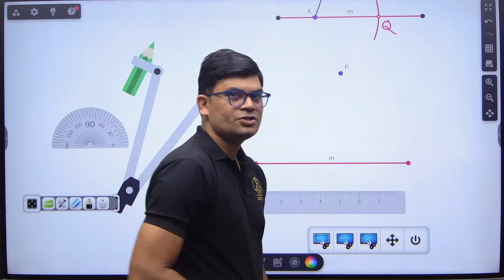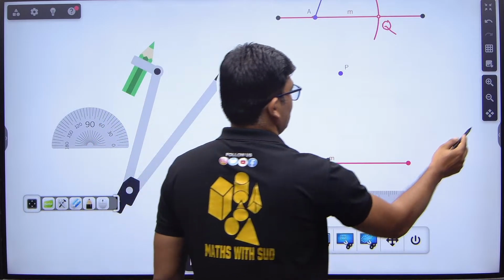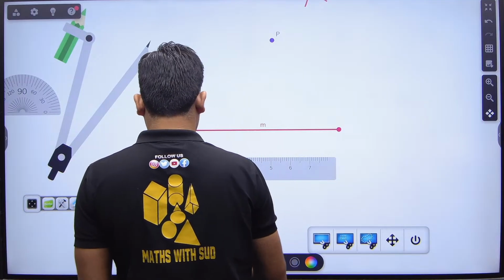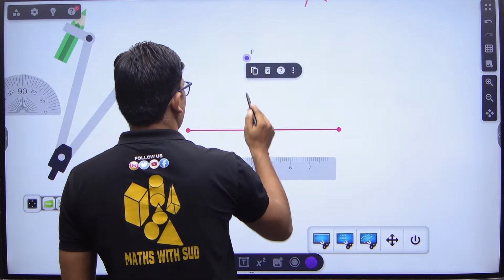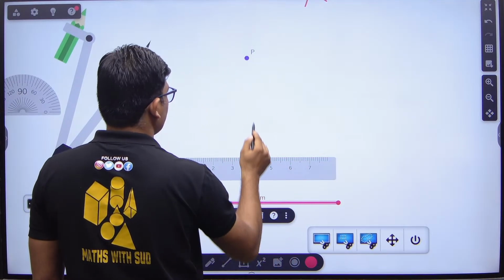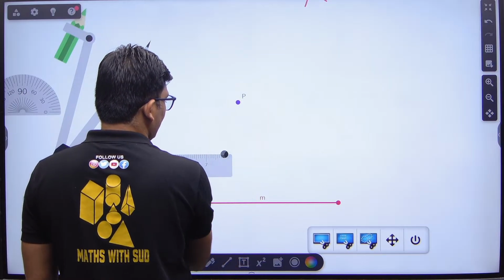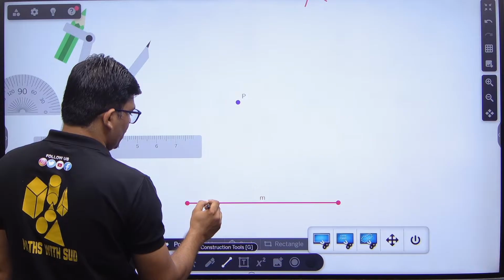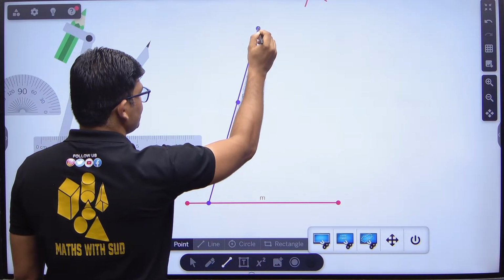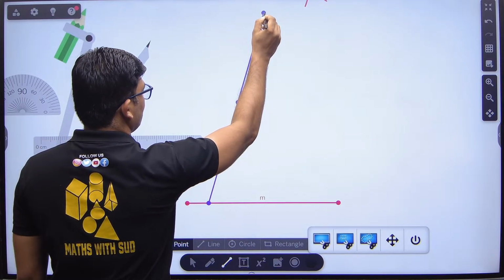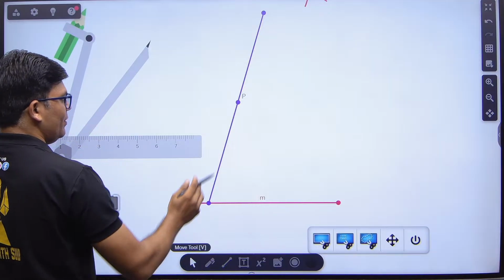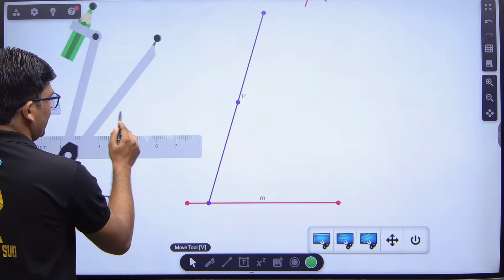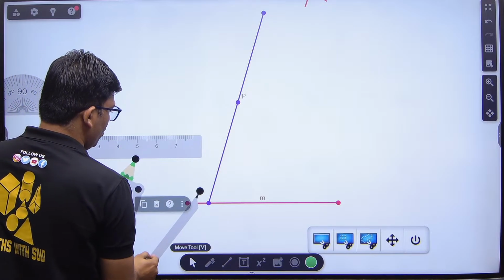Now we have to construct from P, so I'm bringing this down. So from P I have to draw one more parallel line. So what I will do is, this time I will draw a transversal passing through P, at some distance. I will extend it. Now what is the second step that I need to do is, I will draw